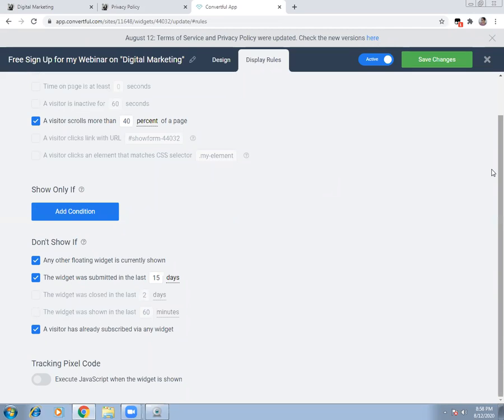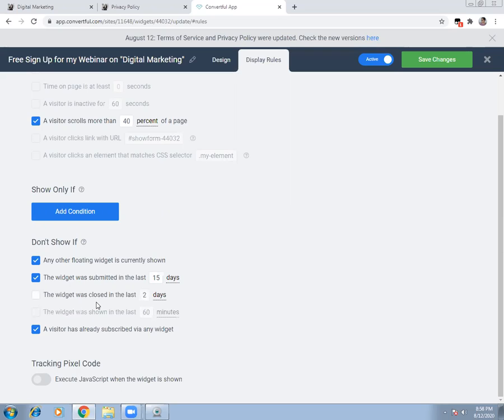And I'm also giving an additional condition that if they have already clicked on any other widget, then don't show this widget. What is the fun of gathering duplicate data? I'll not be happy about having duplicate data. And if a visitor has already subscribed via any widget, there are 3 widgets I showed you, using any widget, if they're subscribing here, the other widgets will not be visible for them. I mean, it will not capture their details because it's a duplication of data.